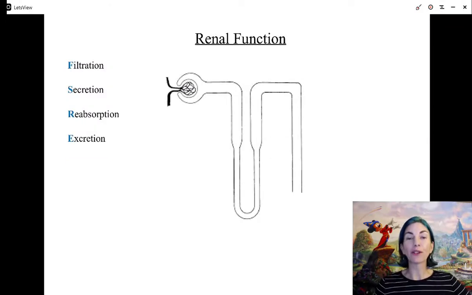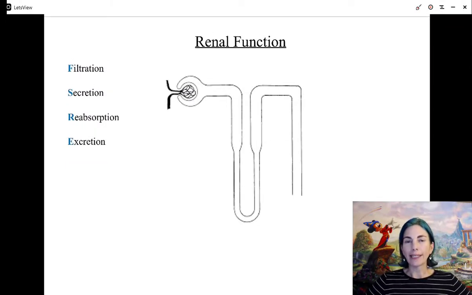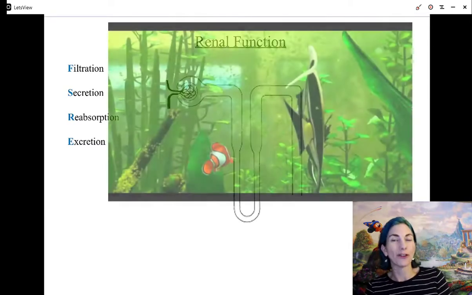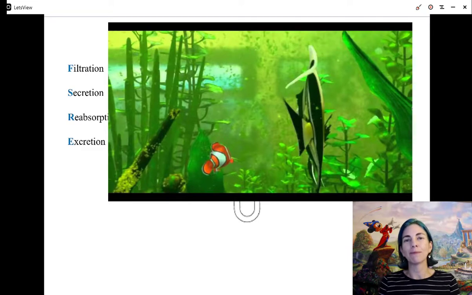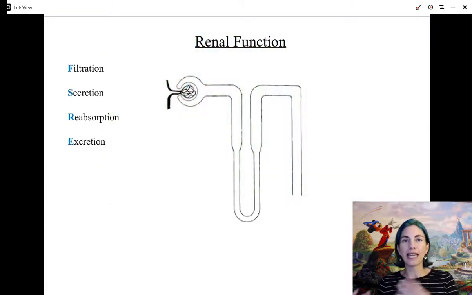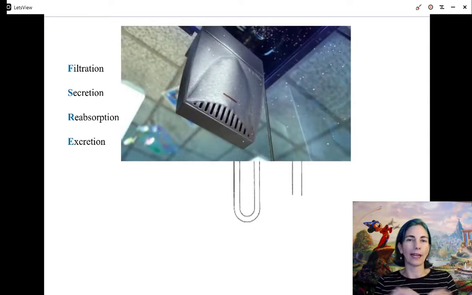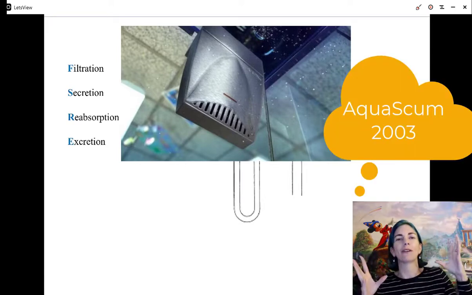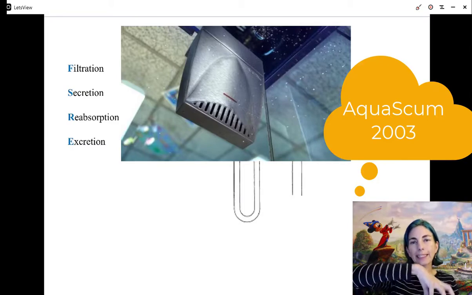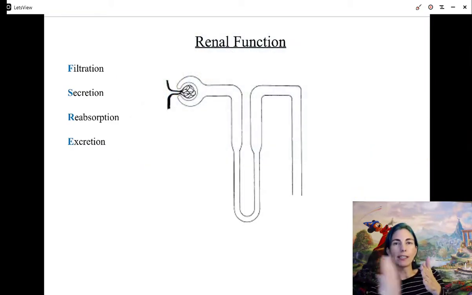Let's describe filtration. Filtration is the process of taking the blood and squeezing out the finer particulates and fluid. The analogy I'm going to give you is from Finding Nemo. If you have seen the movie, a major plot element is to have these fish that are trapped in a fish tank try to ruin the filtration system as a means to escape. They do a pretty good job until the dentist replaces the filtration system with some super amazing filtration system that sucks out some of the aquarium water and runs it through